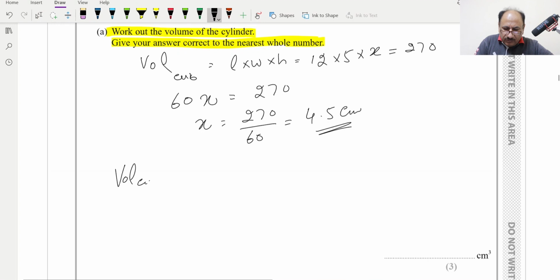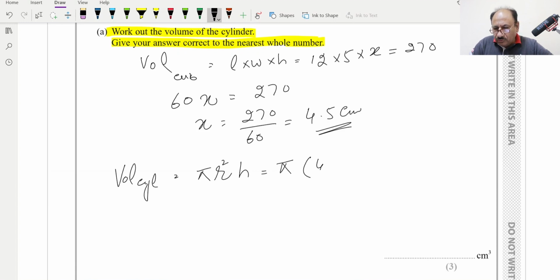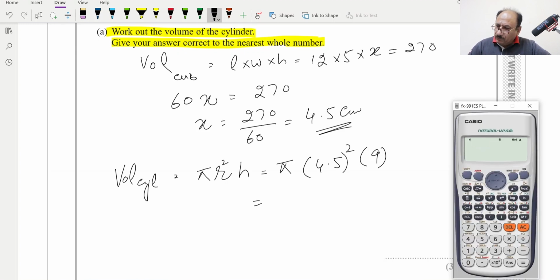Volume of cylinder is equal to pi r squared into h, which is equal to pi into r value 4.5, so r squared into h is 2 into 4.5, which is 9. So we can simplify this: pi button, then multiply by 4.5 squared and multiply by 9, and this will result in